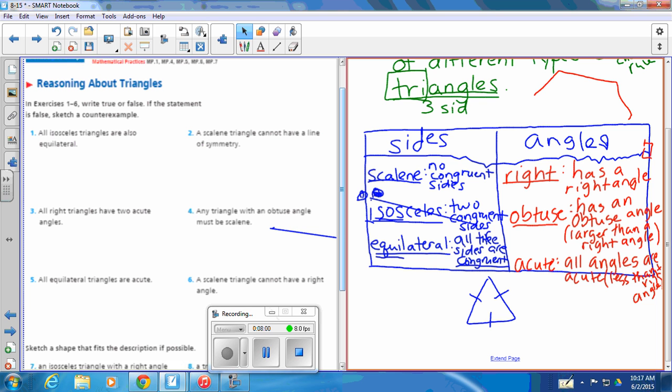So Think Central is very similar to last night. There are 7 questions on this one, so there's one more than last night. The last 2 are like number 6 was last night, where there's a couple questions and a bunch of pictures of triangles, and you have to figure out which ones are which. So when you get to questions 6 and 7, make sure that you're reading. If it says try again when you submit your answer, read that try again box, because it tells you which ones you missed, and then it helps you by giving you the attributes so that you can look at it again. So make sure you read that try again box when it pops up, if it pops up. Okay, all right, thank you for a great